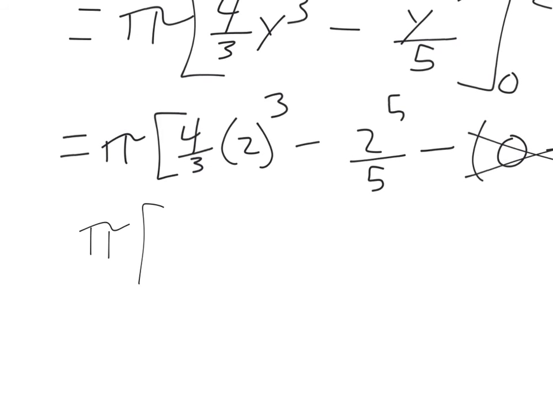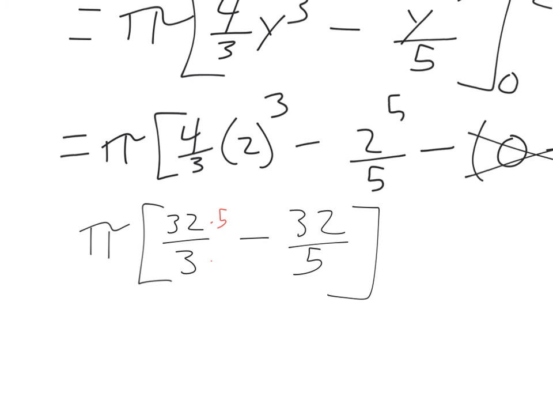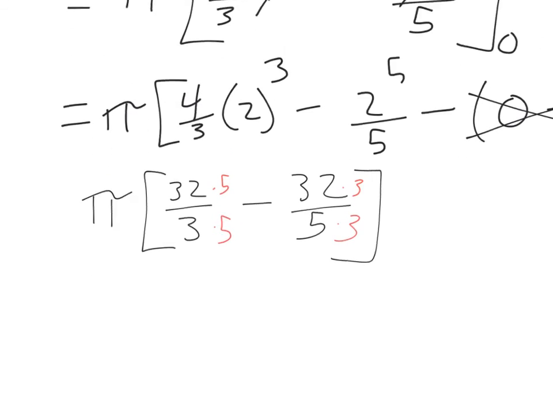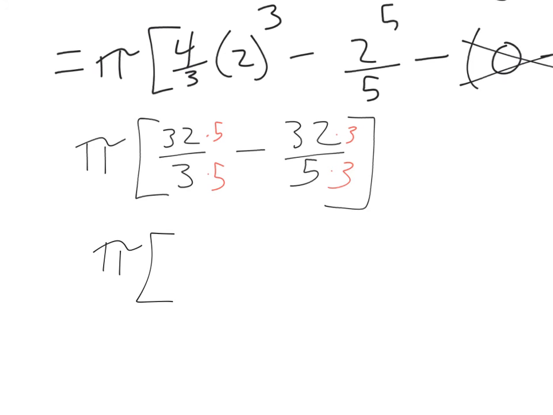I get pi times, well, 4 times 2 cubed, 2 cubed is 8, 4 times 8 is 32, so this is just 32/3 minus 2 to the fifth. Let's see, 2 to the 4th is 16, so 2 to the 5th is 32. So that's 32 fifths. Need common denominator, so I'm going to multiply this by 5, and I'm going to multiply this by 3, and now I get pi times common denominator 15. 32 times 5, let's see, 30 times 5 is 150, plus 2 times 5 is 10, so that's going to be